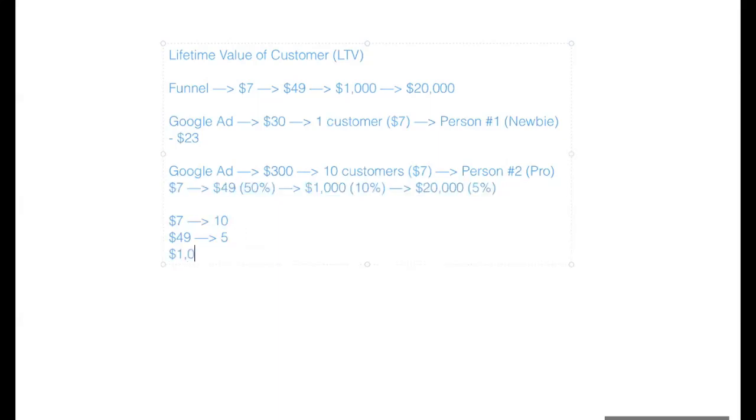And then at $1,000, let's put this at 20% just for the sake of doing it. And we're going to put this at 10 customers, because I think at $1,000 from a $49 offer, that's not crazy.